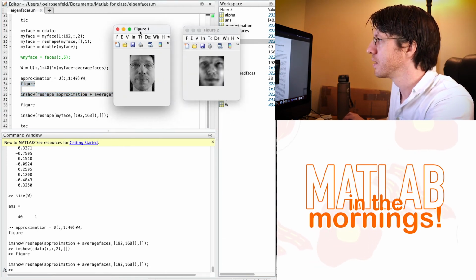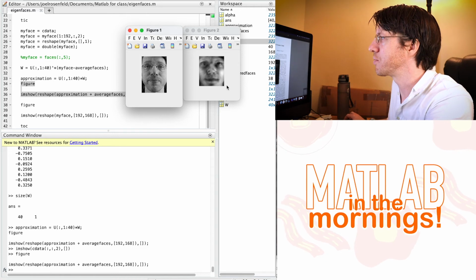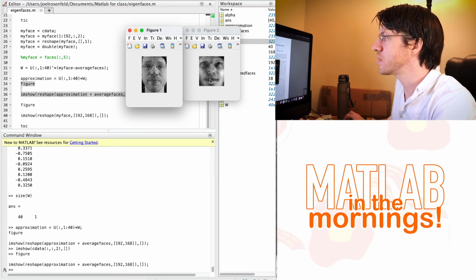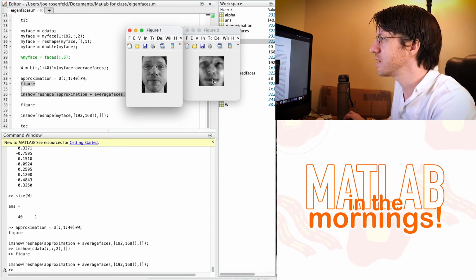So here we go, the approximation of my face. You can kind of see the nose is in the right spot and the eyes are kind of making out. It's trying to get something with my glasses here, I think. It seems like it's starting to get there, with a lot of the values in the right spot. Remember, I did truncate it, so I chopped it off here. So a lot of things are right. The lips are a little bit bigger than my lips, but it seems to have the lips